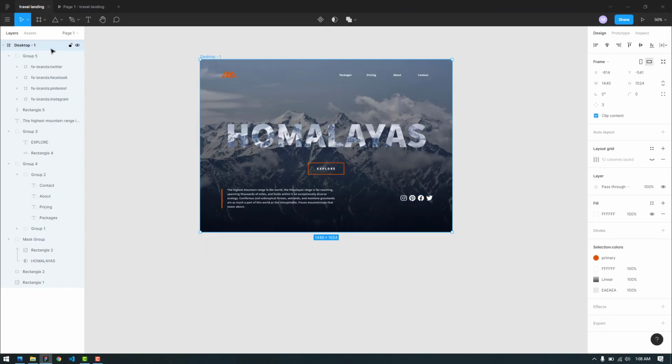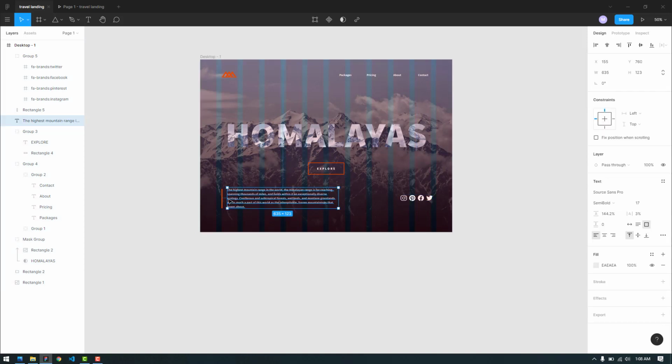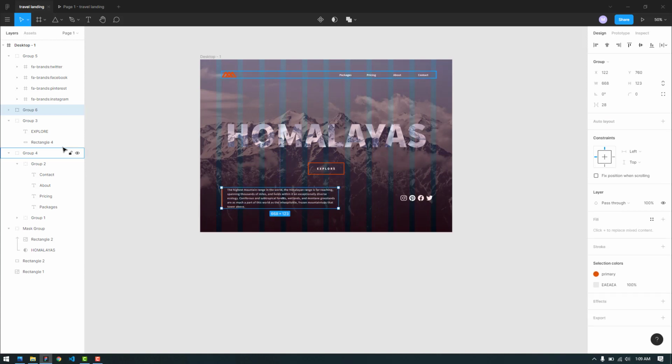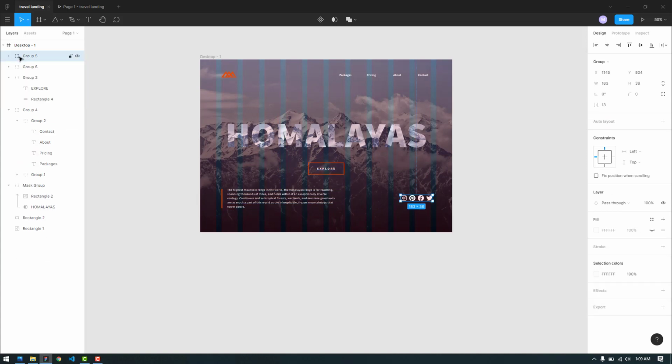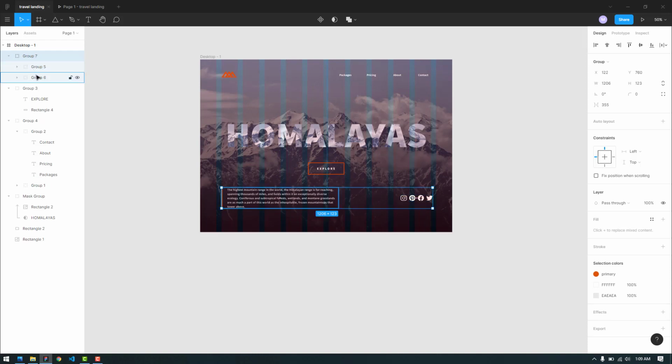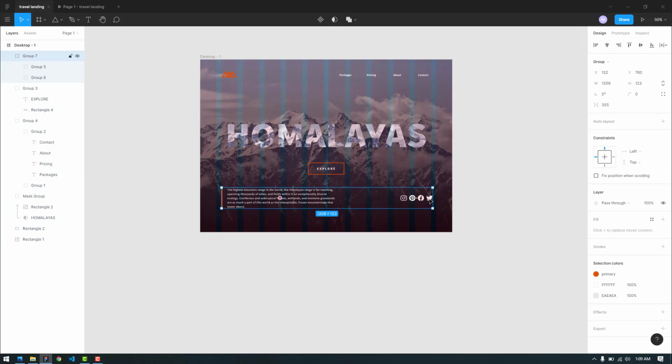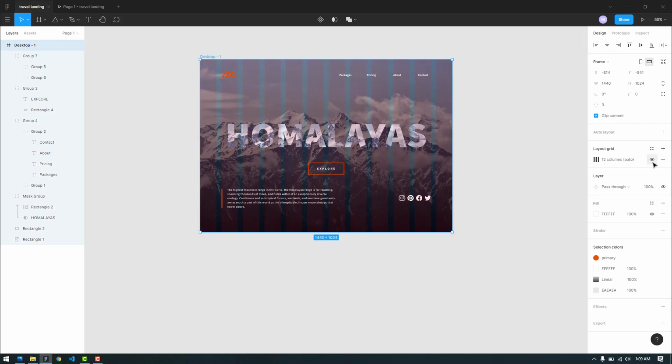Okay, it looks fine, but for further alignment, we are going to make the grid visible, and we are going to put these two in a group, and with this group we are going to add these two and create a group. Now inside this group we can select the social icons to make it vertical align center, which is already centered. Okay, I think all of the styling is done.